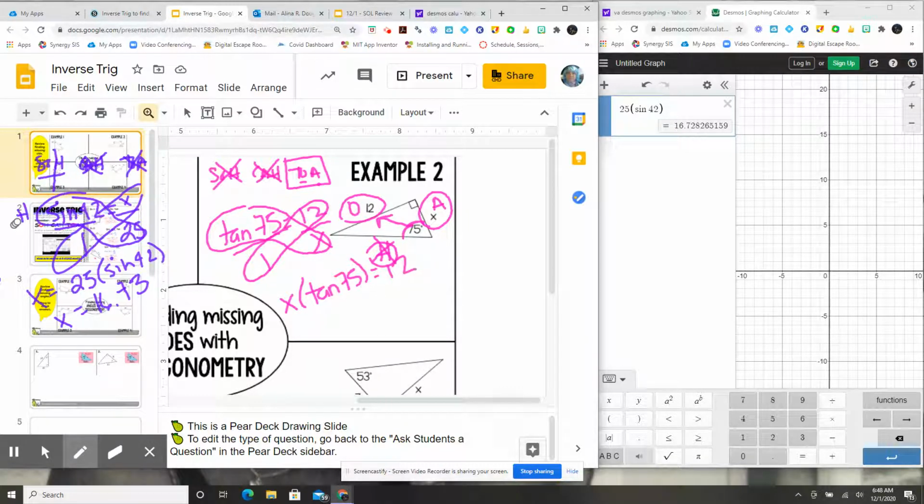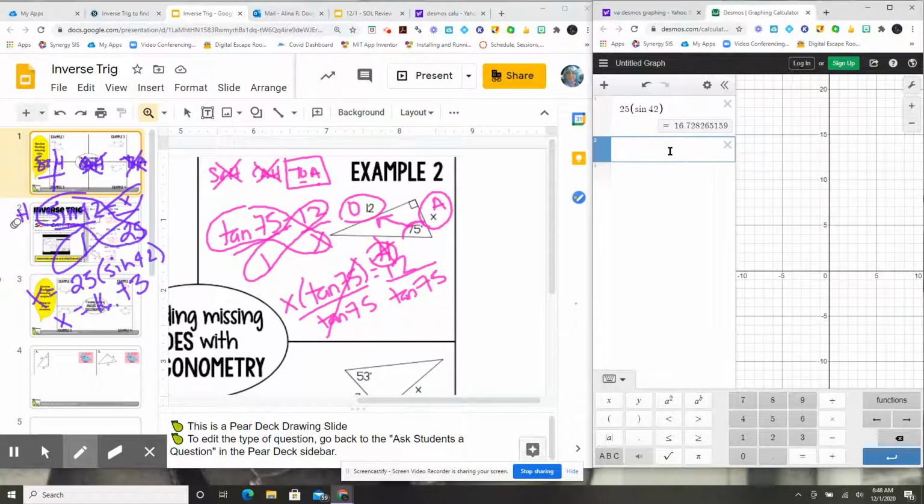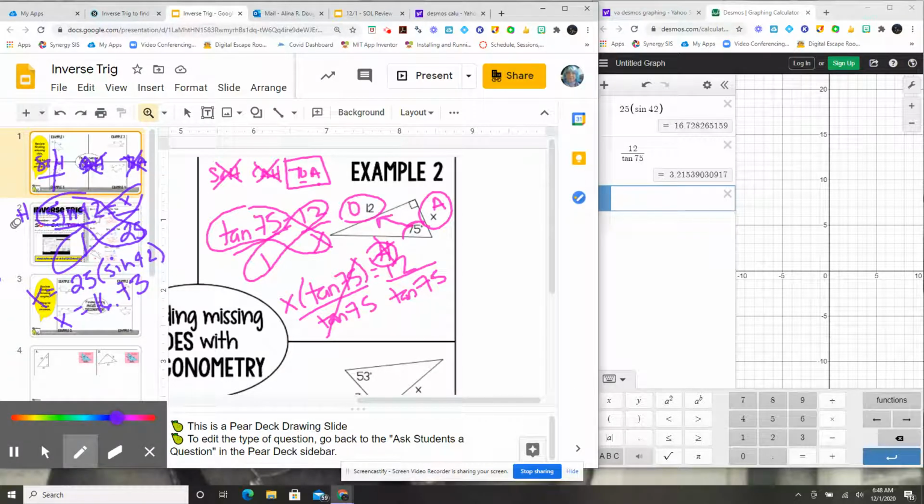If this said 75 X equals 12, we would divide by the 75, right? We're all good with that. So we're just putting a tangent in the front. It's still just a one-step equation. It just looks a little fancy. The tangent 75 crosses out, and over here in my calculator, I can do 12 divided by tangent 75 and get my answer. 3.12 makes me a little crazy too,